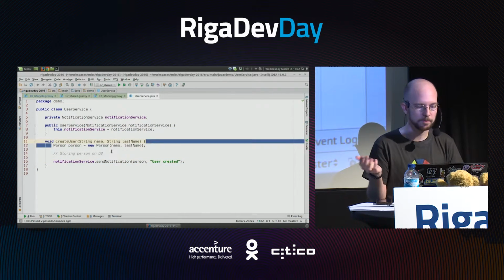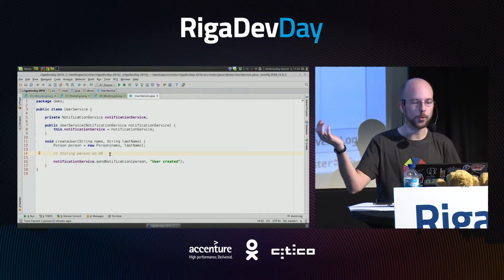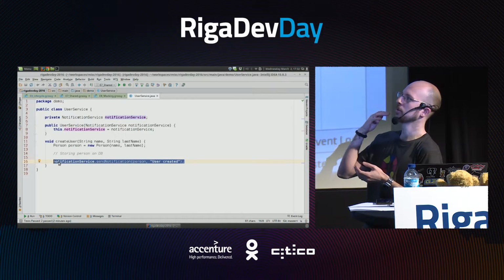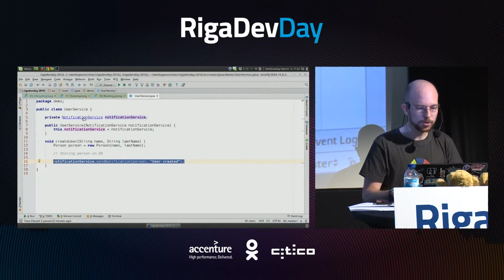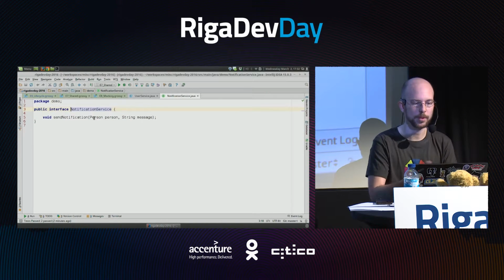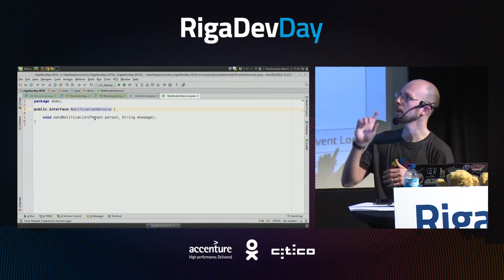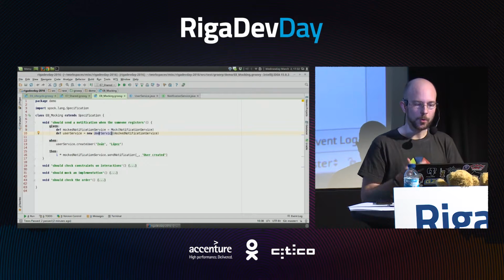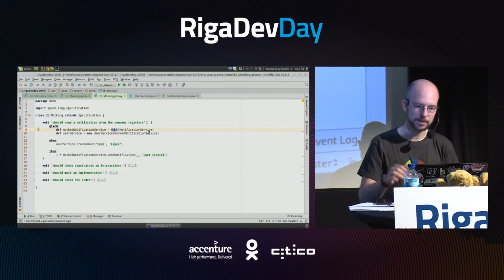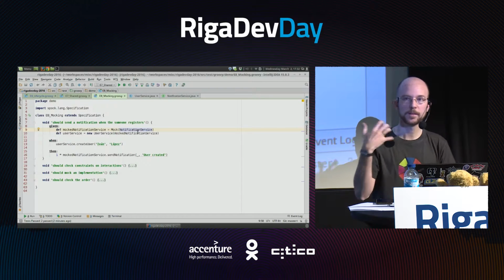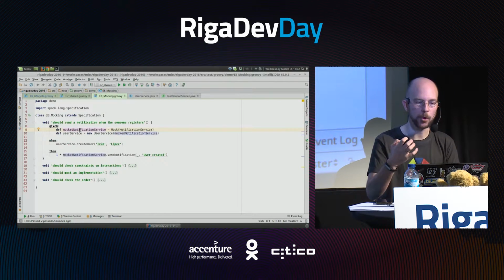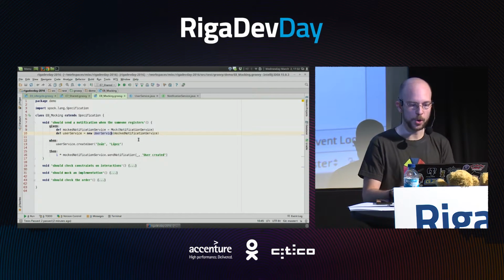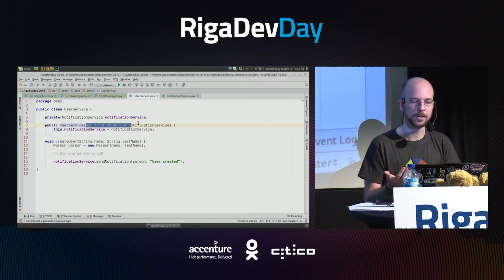You just create a person. You want to store it in your database, do whatever you want. And at the end, you want to notify that person that the account has been created, for example. So this notification service is just an interface with this method. What we are doing here is mocking this interface. You can use this Spock Mock. So I'm mocking this interface. I have here an instance of that mock, and I'm creating my user service, the thing I want to test, with this mock. I'm just injecting this collaborator,